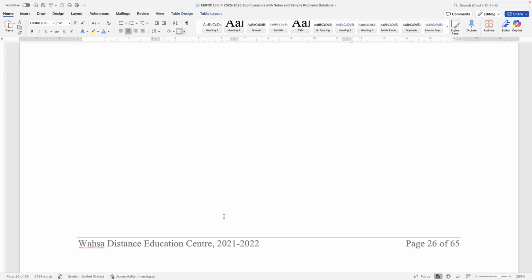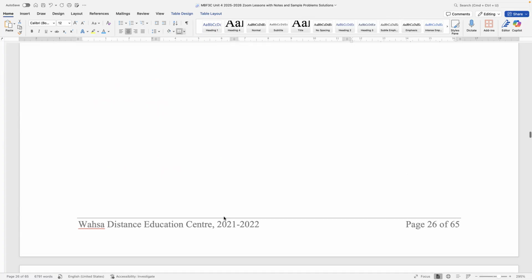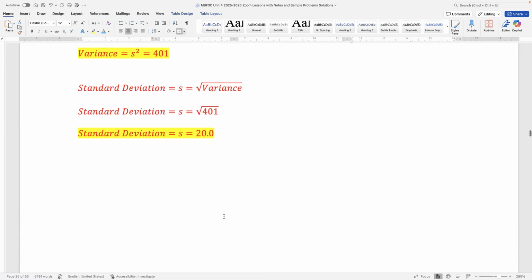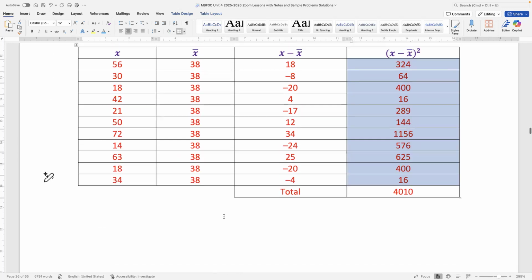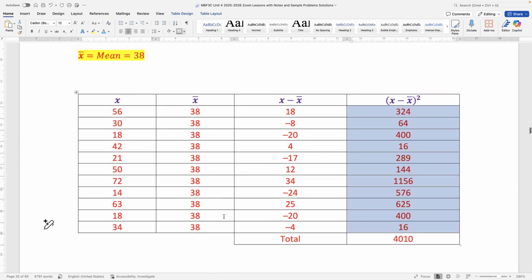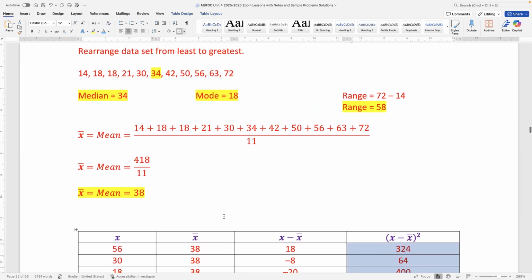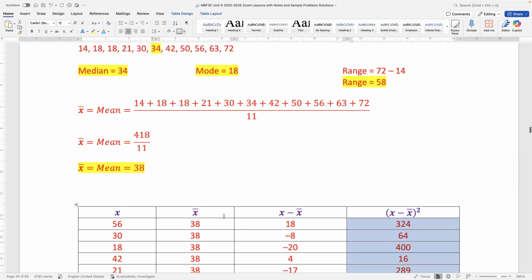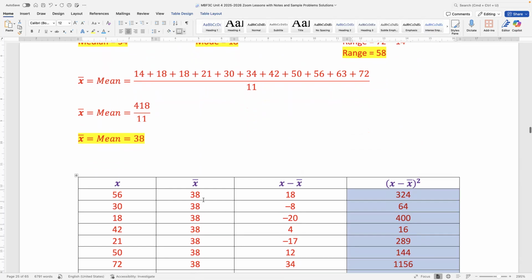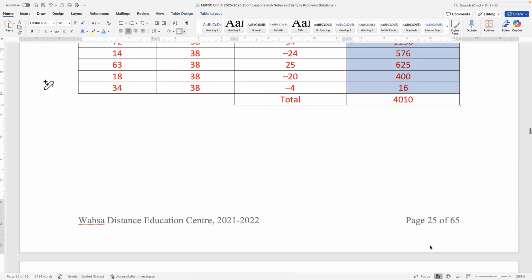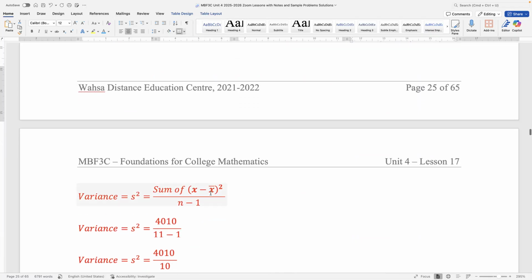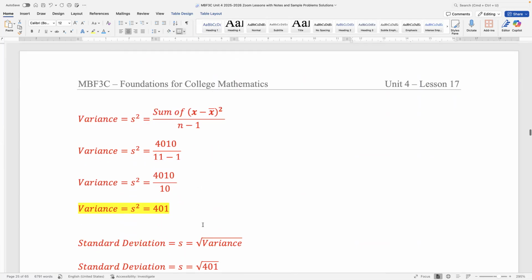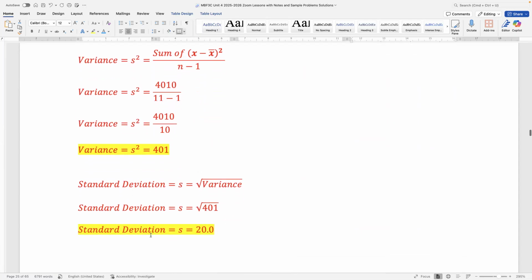We worked through those examples yesterday. There's an example in the material that you would have received as well. So if you follow the process using that table, it's important that you do the calculations first up here. Range the numbers from smallest to biggest, do all your calculations, find the mean, put all the values in the table, all the means in the table, complete these two columns, add up that last column, and then use the formula, sum of those numbers divided by n minus 1, and then take the square root of that number to find the standard